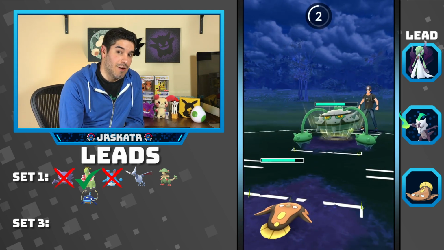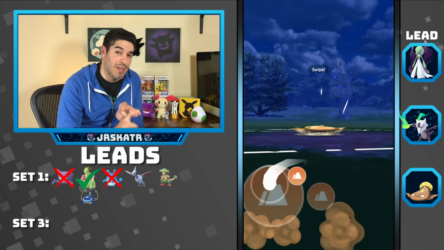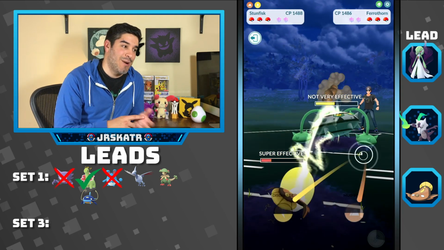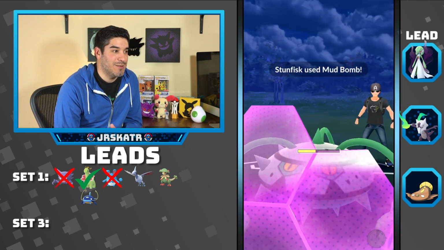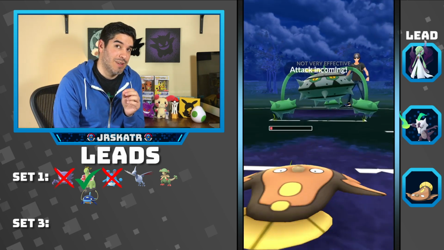Now that I see a Skarmory, I switch to Marowak because I want to line up the Stunfisk with the Skarmory. So that's why now, when I see a Skarmory, I switch to Marowak. But yeah, they have Ferrothorn, which is perfect for us because even if we lose this matchup, which is why I'm not shielding, I don't care because it's super...